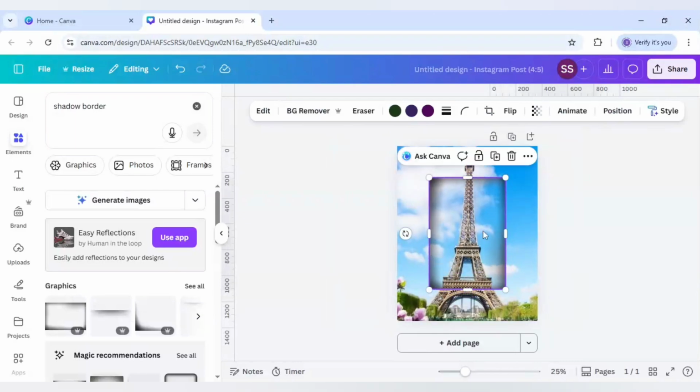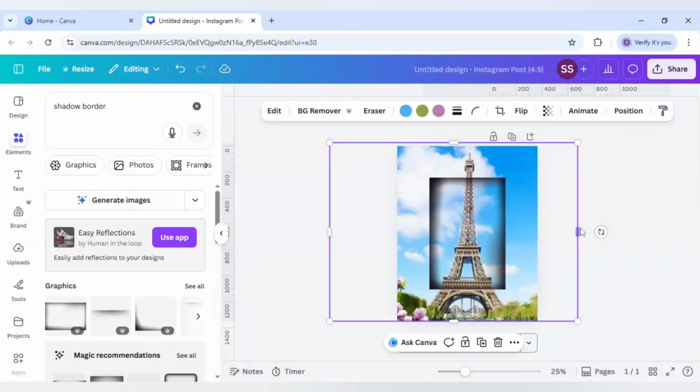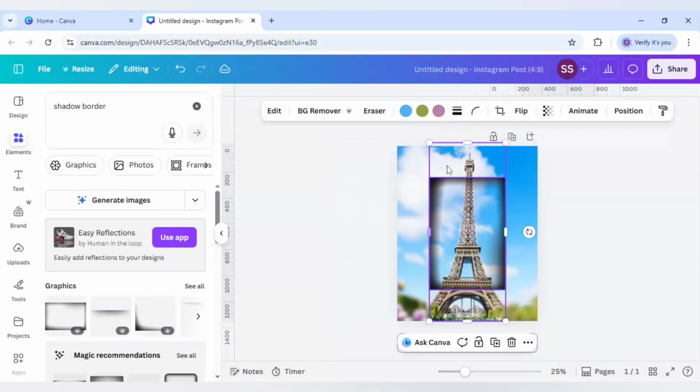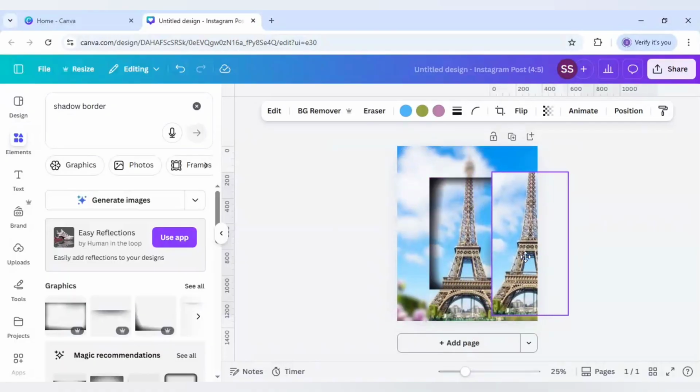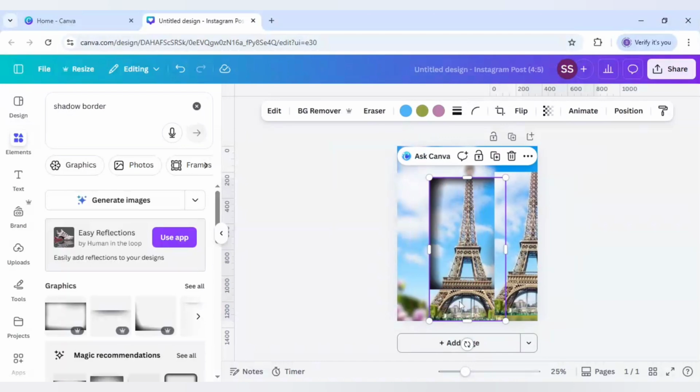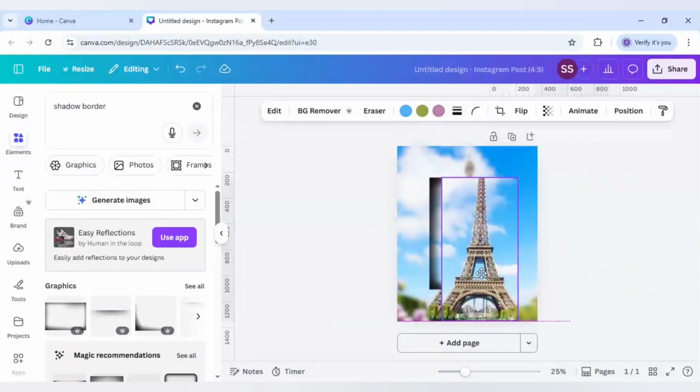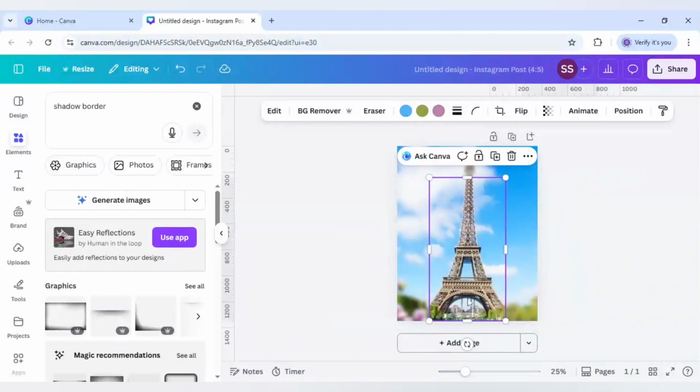Okay, and if you find it lighter, just duplicate it and bring it here. And after that I will select this image and crop it from all the parts till here. Just keep one part extra so that we can just select and duplicate it again and just bring it here. Okay, and adjust it. Okay, and just make it